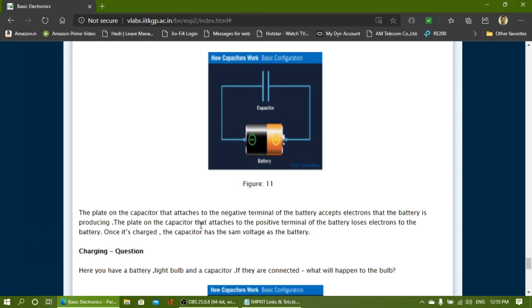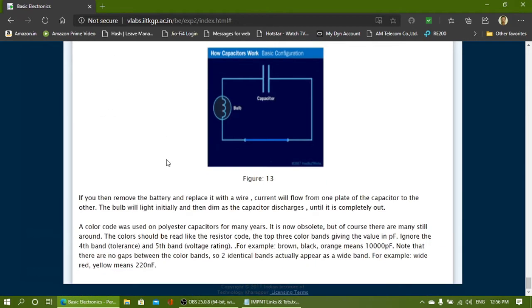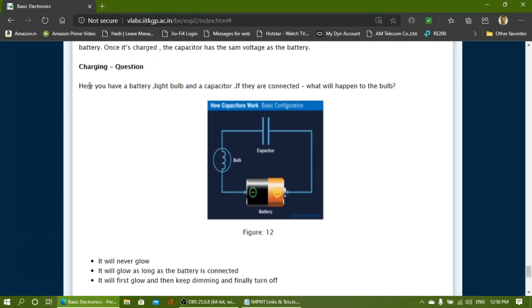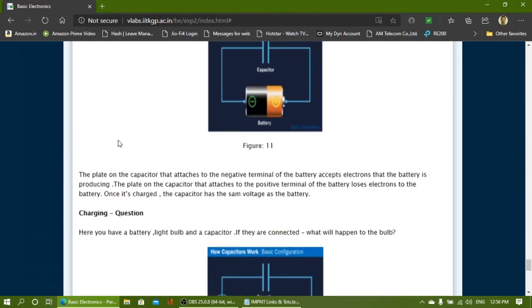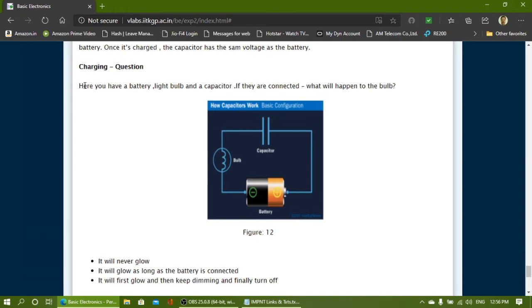By these conditions you will again ensure this circuitry. It will be better if you have a multimeter, capacitor and battery in your home. Definitely it will be possible at our college laboratory, but in this COVID situation it may not be possible. So you have to ensure it by your accessories at home. This is again how you will ensure the charging and discharging behavior of the capacitor.